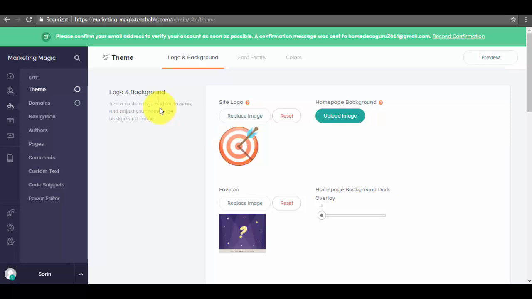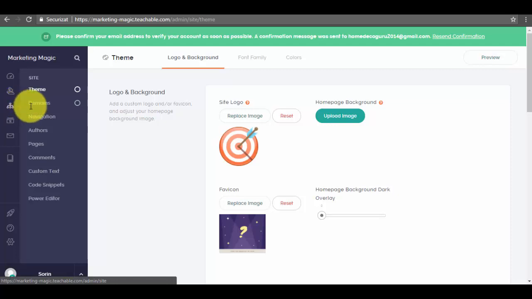We have previously seen how to customize the look and feel of your own online school. That means to select the fonts that you want to use on the page of the online school, to select the colors and everything else, the logos and the favicons and other things like that. Now I will show you what other things you can customize on your website for your own online school in Teachable. Okay, so first things first, what you have to do is go in the site section in your left